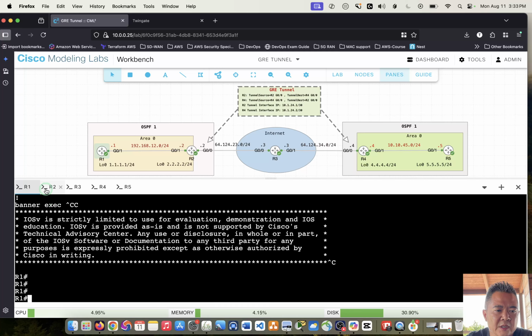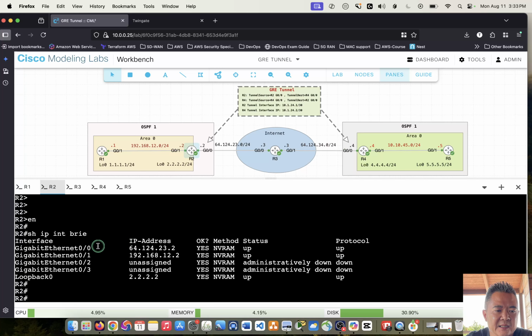Router 2 has its gig0/1 connecting to R1 with that IP address, the loopback there, and then the WAN interface is 64.124.23.2, and I have a default route